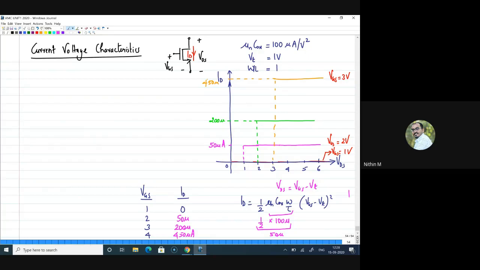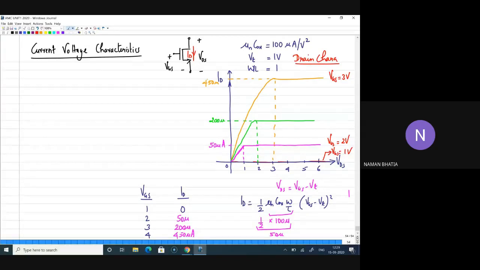So before that, the current will be somewhere between 0 and 50, right? Now between 0 and 1, whatever voltage you are considering, 0.1, 0.2, 0.3 up to 0.9, you can find the respective values properly. Similarly, if I extend this, I can draw in this form, and if I extend the next graph, it will be in this form, right? So this graph is nothing but what we call drain characteristics or output characteristics of the MOSFET.